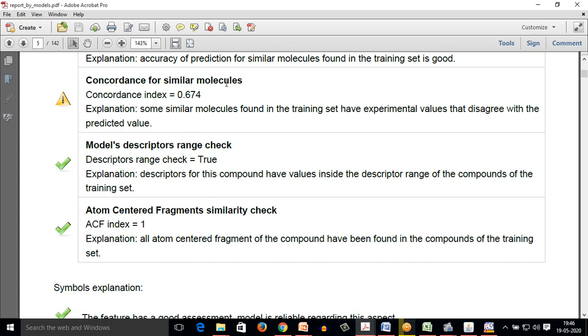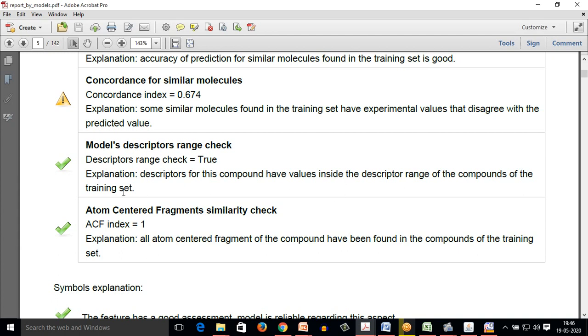Next, coming to the concordance of the similar molecules, it is somewhat less, but this may be modified by further drug designing approaches. The model descriptors range check was shown as true. The explanation is that the descriptors for this compound have values inside the descriptor range of the compounds of the training set.